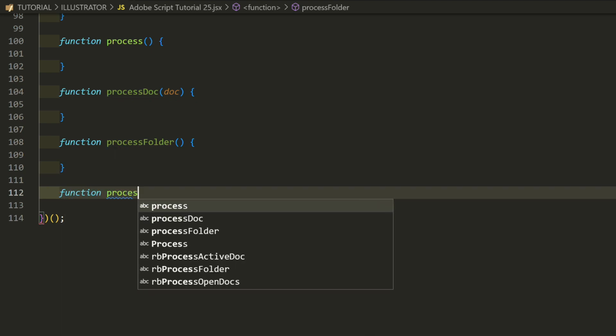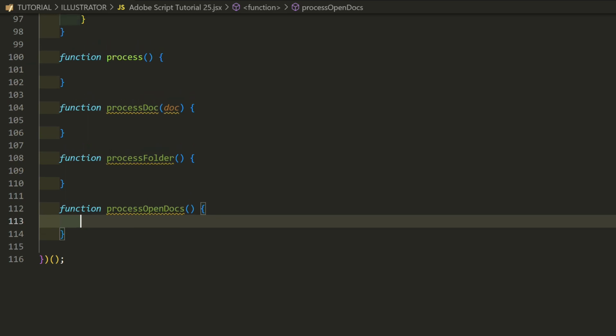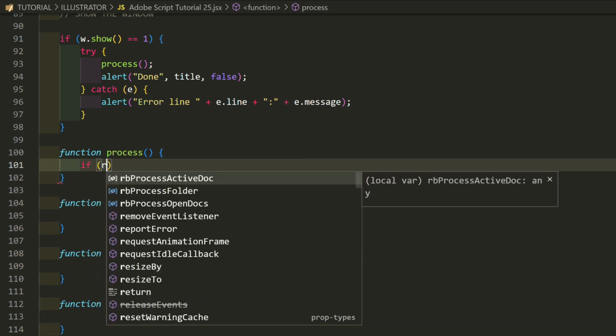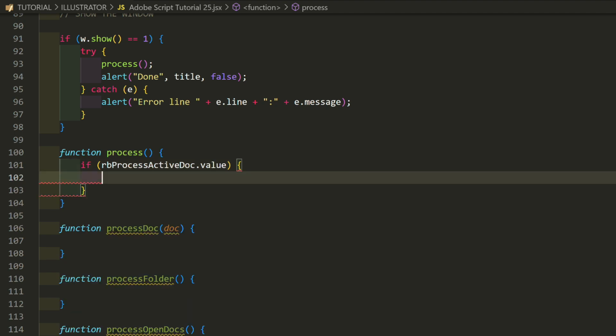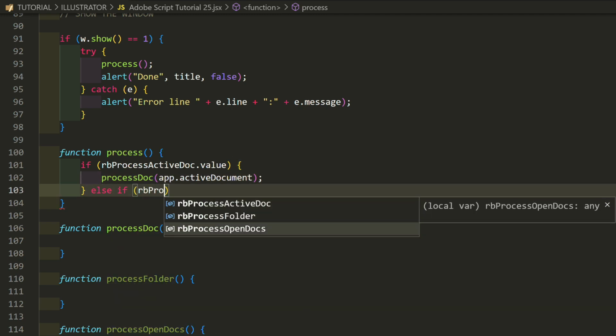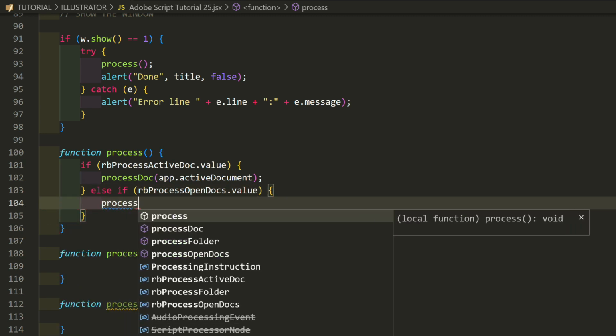Function process open docs, no parameters. The process function will decide which function to call. If RB process active doc value, process doc, app, active document. Else, if RB process open docs value, process open docs.